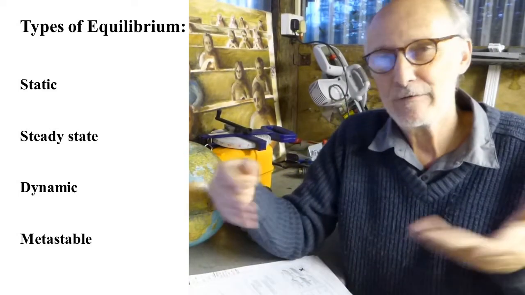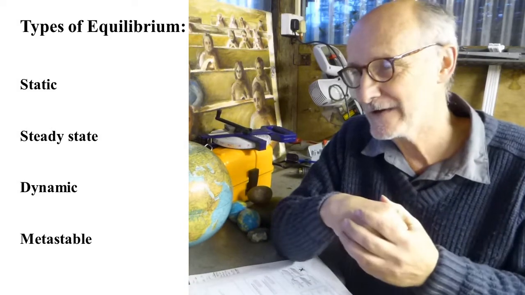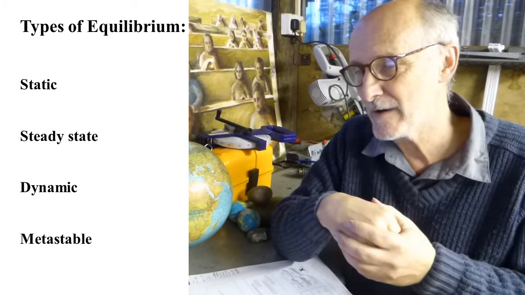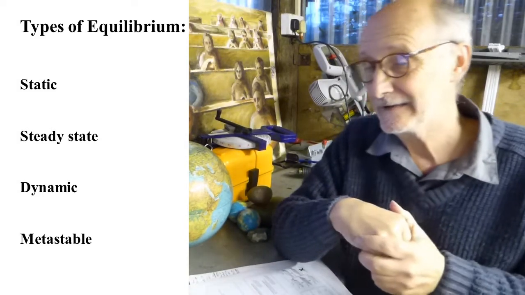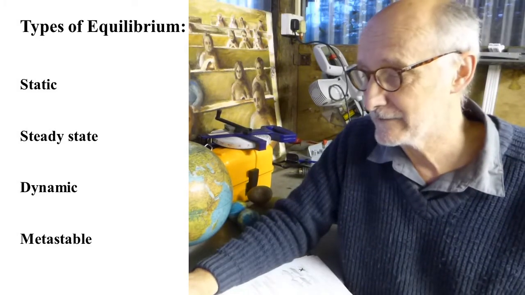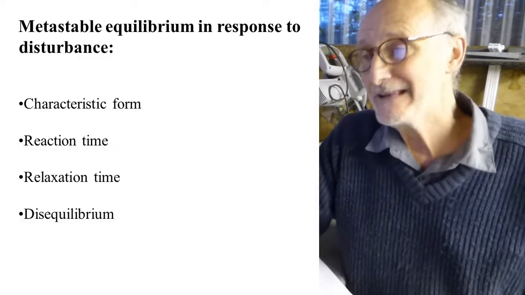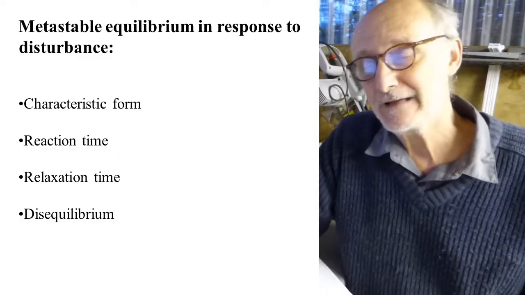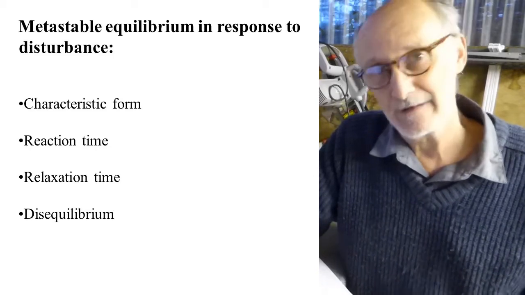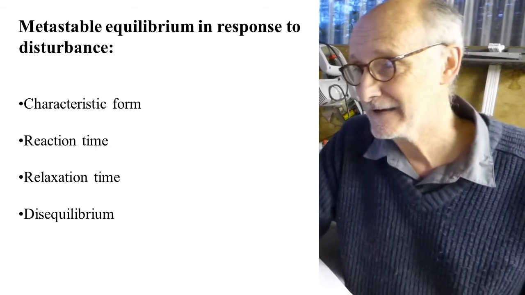Those are just a few examples. You can read up on this in the set reading to get an idea of what the different types of equilibrium are, but just be aware that there are different types of equilibrium, or different ways of describing equilibrium. It's important in particular that you understand metastable equilibrium, because this is a kind of situation that's very common in the physical geography examples that we'll be using in this module.